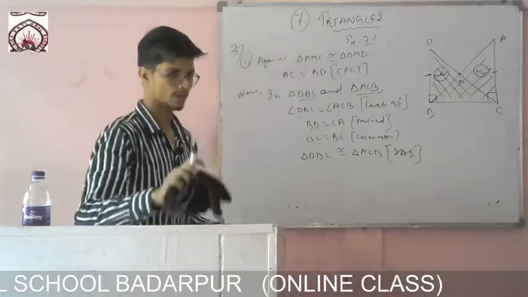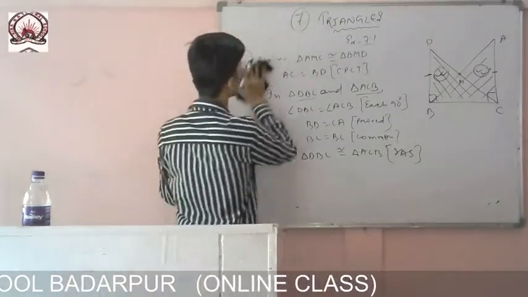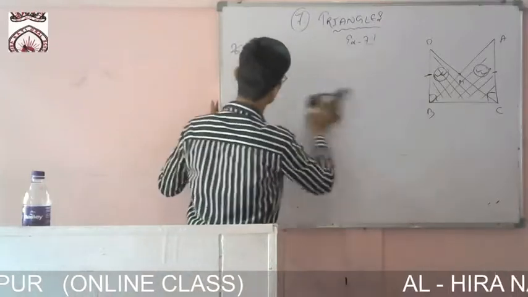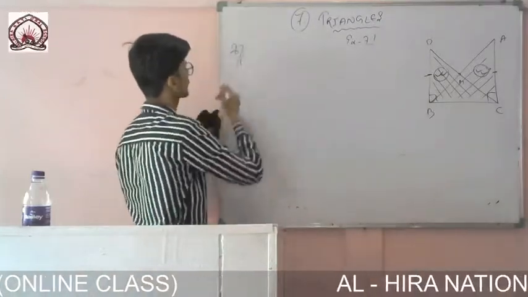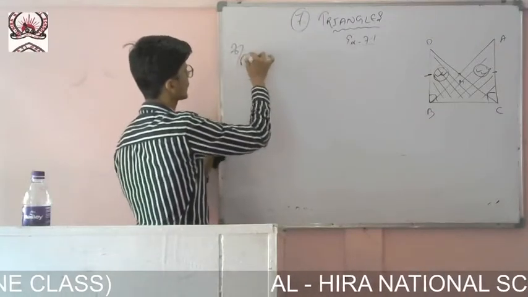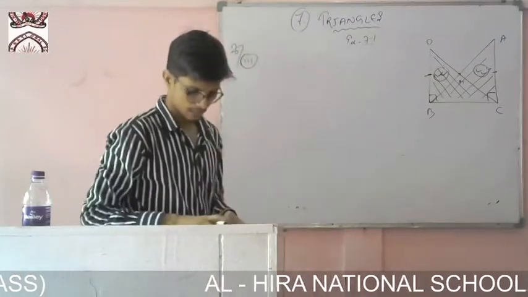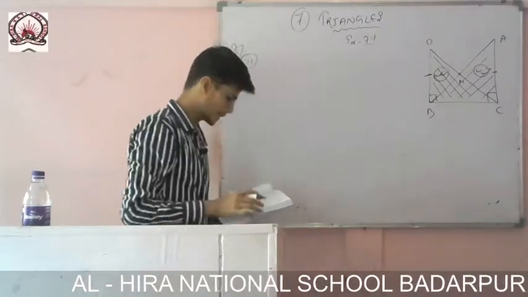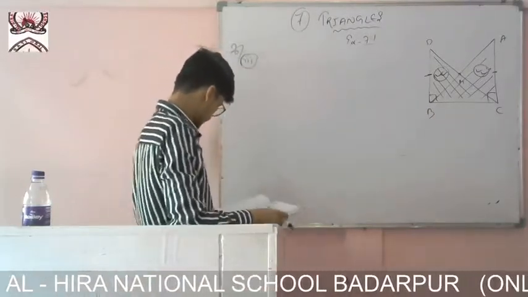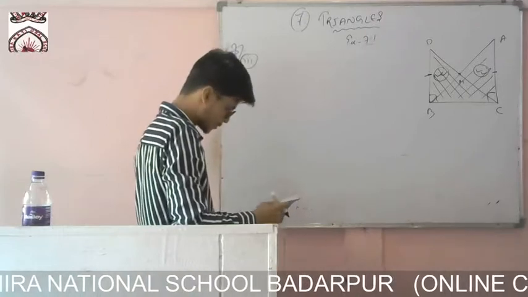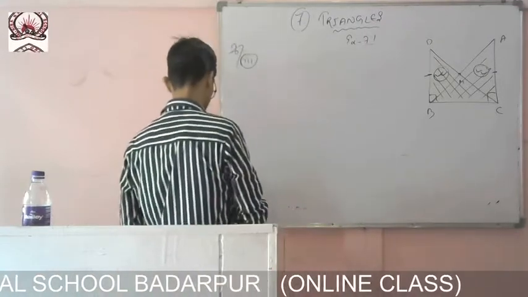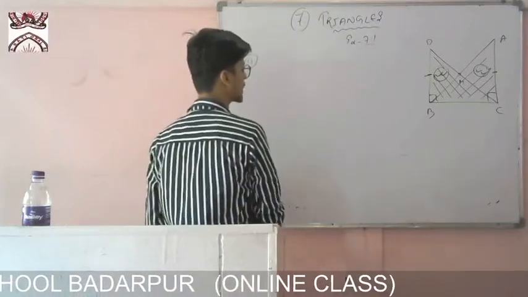Now the last one, Roman number 3. What is given here? It is lengthy, no? Actually four parts are given, that's why it became a little lengthy. Now in the third one, you have to prove that CM is equal to half of AB. This one we can prove very easily. Just now I have proved that these two triangles are equal.